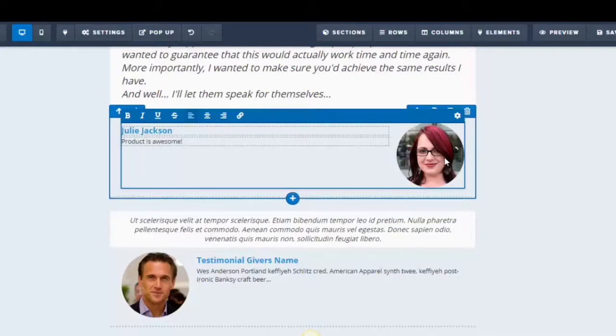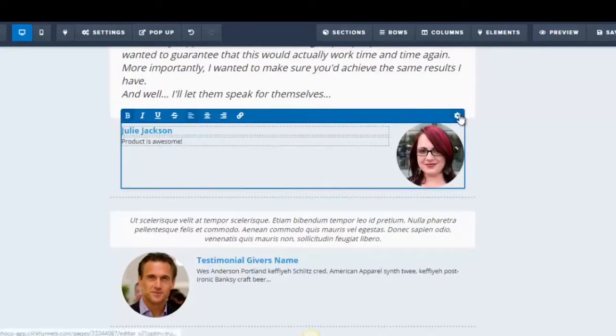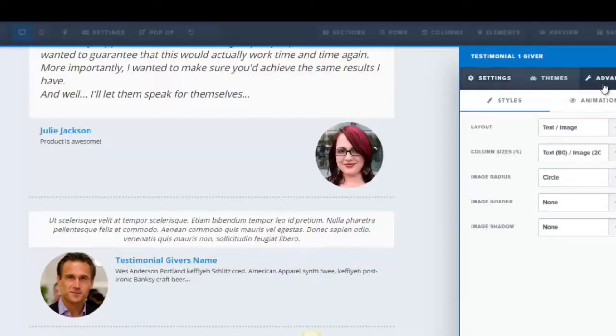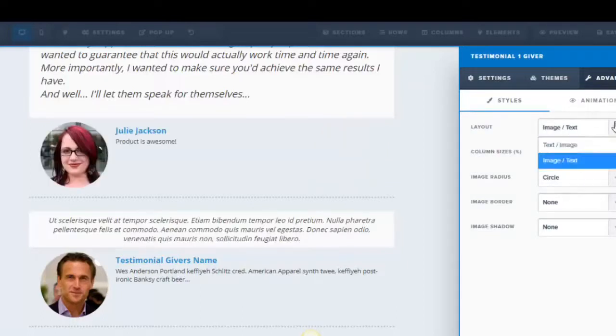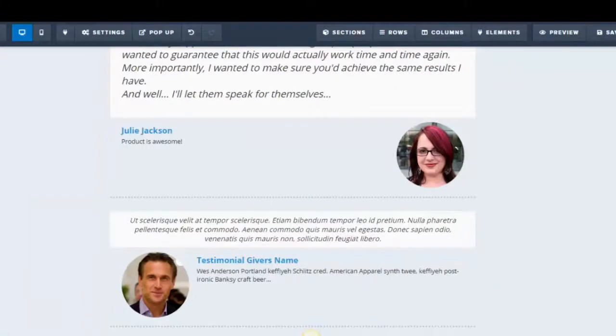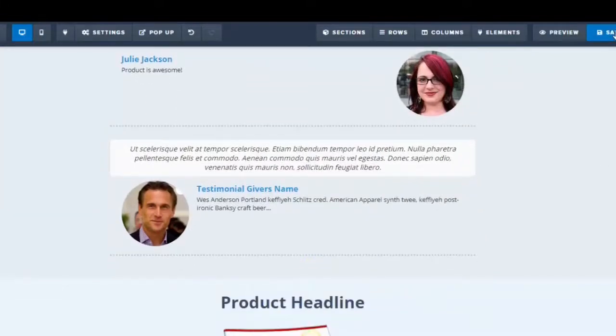Okay, now if we go here, we could just click on the entire box here, or click on this icon here, and you could change the image. And by now you should know how to change the image, as I've shown it already. And you could also go to advanced, and you could change the layout, say from text image to image text. So I've already shown that for the introductory section, but let's just put it back to the default. Okay, I'm going to click on save,